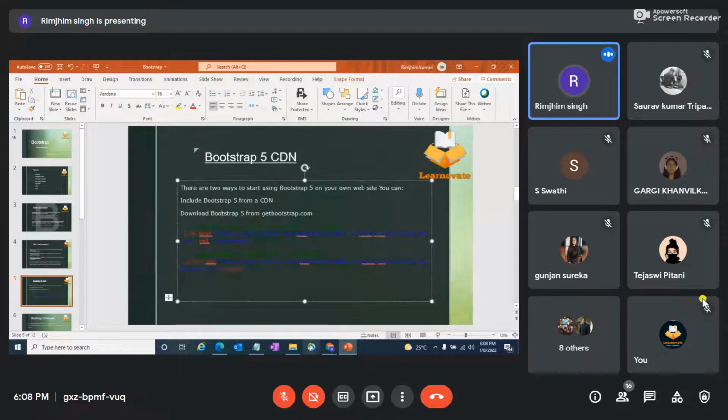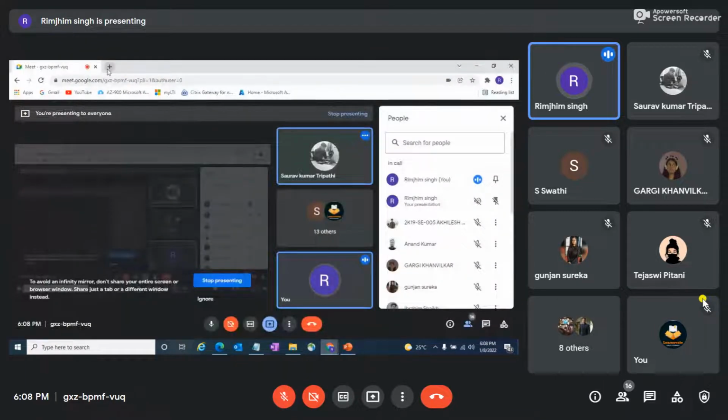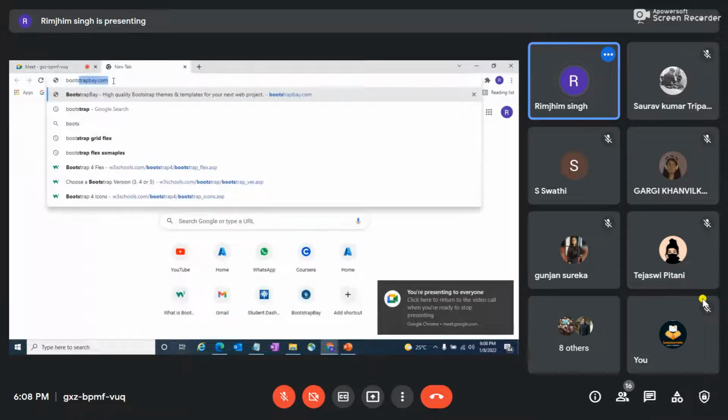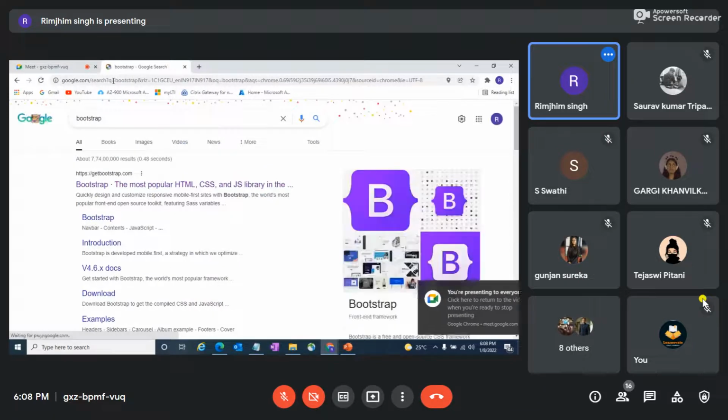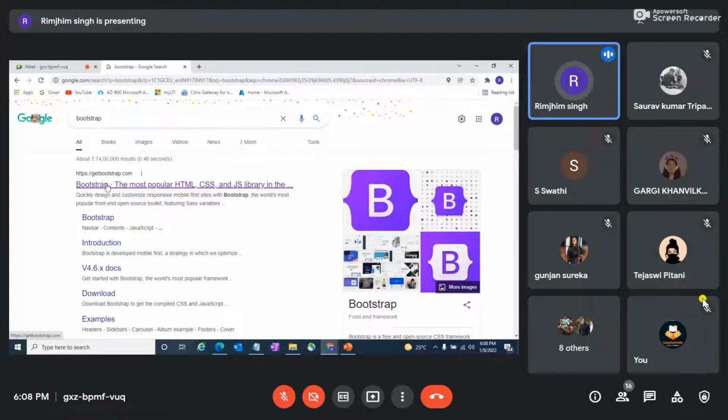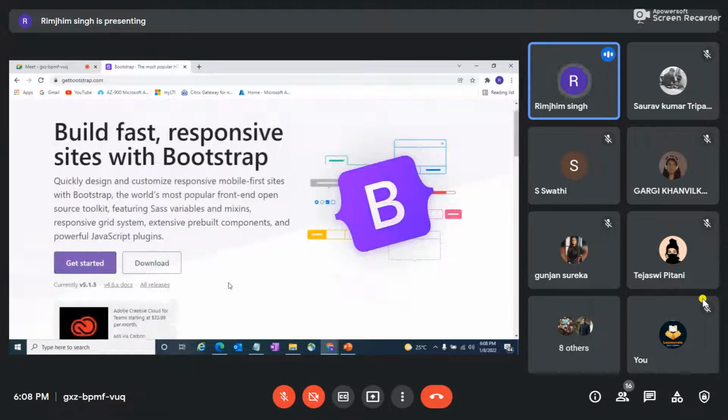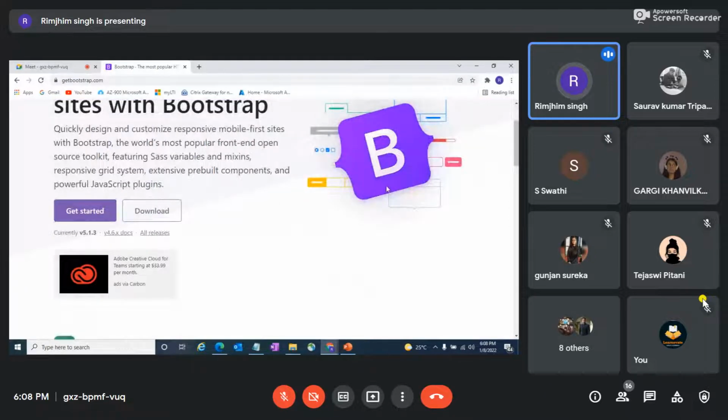If I go to the official page of Bootstrap, the first search result is the official page, and from here you can download the Bootstrap 5 version or whatever is compatible with your laptop.